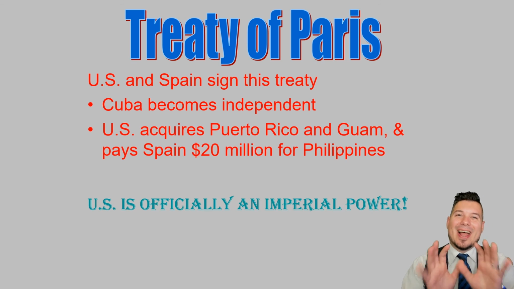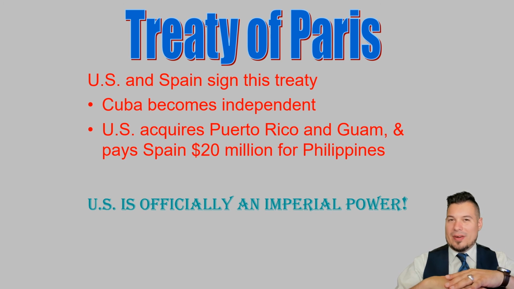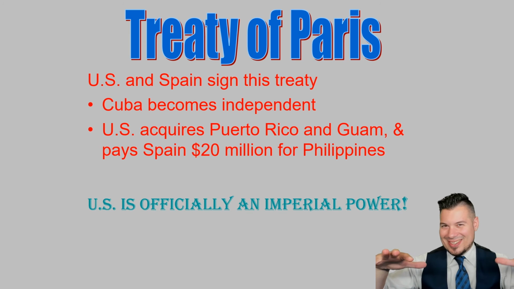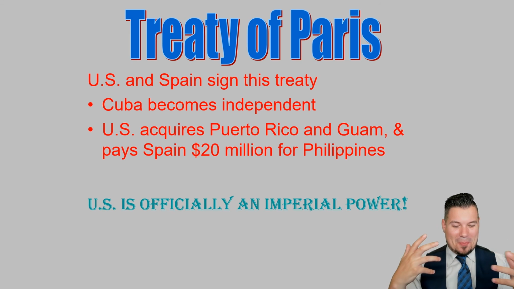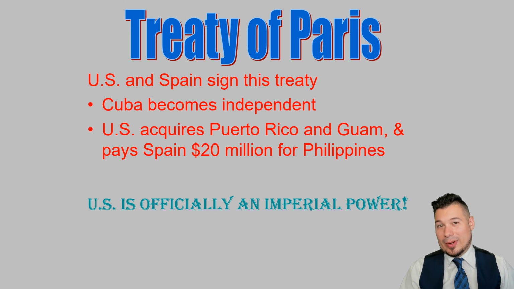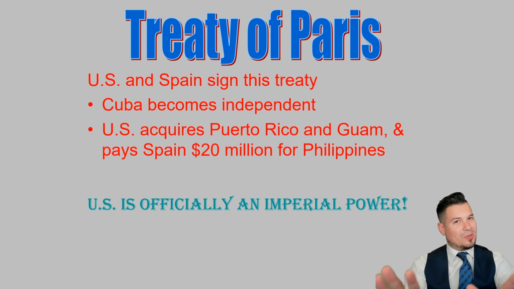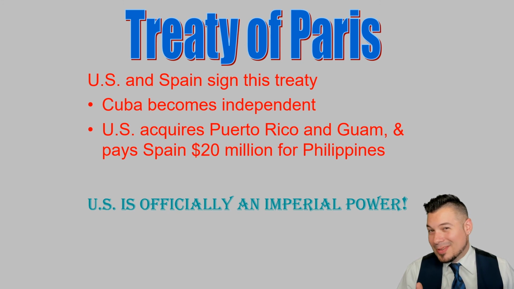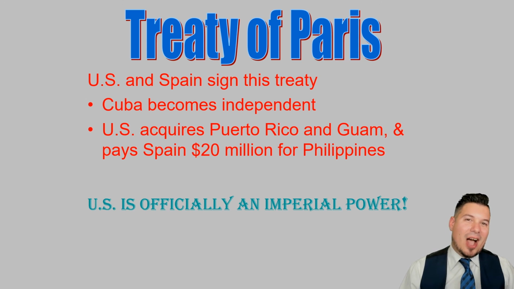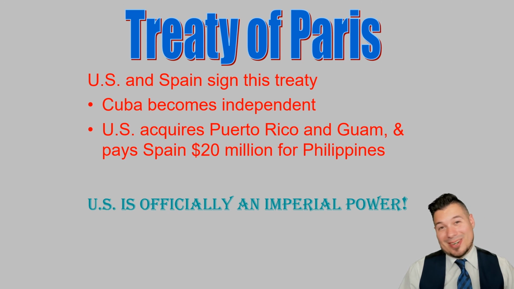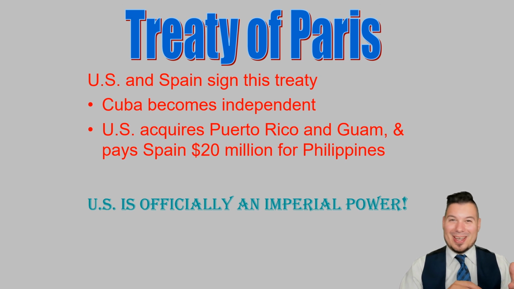You got it. It helps keep things very nice between the two countries. Kind of as a little bit of peacekeeping, if you will, where we go, okay, hey, no hard feelings, just 20 million. Here you go. So it kind of helps that a little bit. Now we are officially an imperial power, and we are just as bad as the British were with getting colonies in France and Germany and all that at that time.